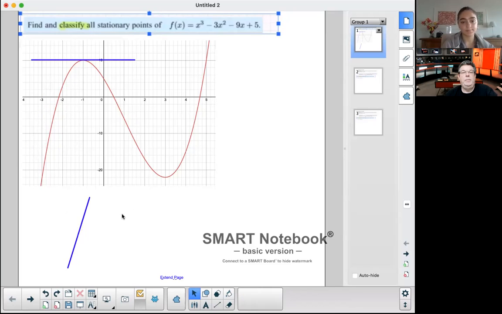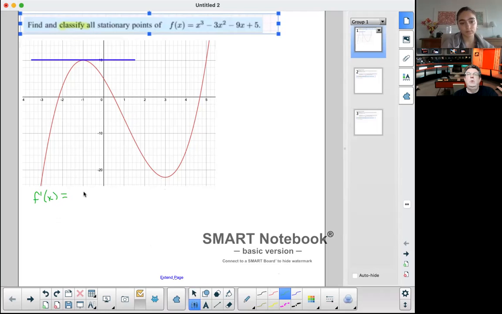Now, since the derivative gives us the gradient, we don't need the graph. So if we set the derivative equal to 0, we're going to find x equals -1 and x equals 3. Again, the derivative gives every point on the curve, the slope of every single point on the curve. To find a particular point, we plug in the x value. So f prime of x